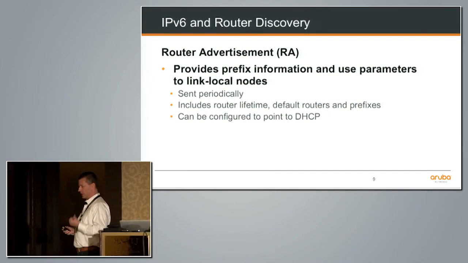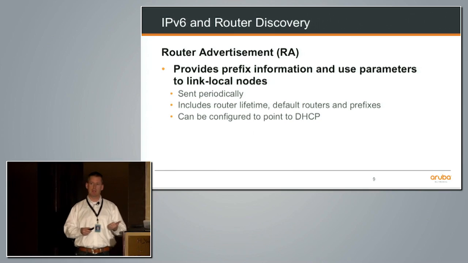So when a device comes up, most often it'll send a router solicitation. Rather than wait for the advertisement, we just ask, where are the routers on my subnet? It's sent to the all routers multicast, and that triggers off the router advertisement. So we'll do a router advertisement in response to that solicitation, or we'll do a periodic multicast of it so that anybody that's out listening can hear. Key piece is in the router advertisement, there's a lifetime.